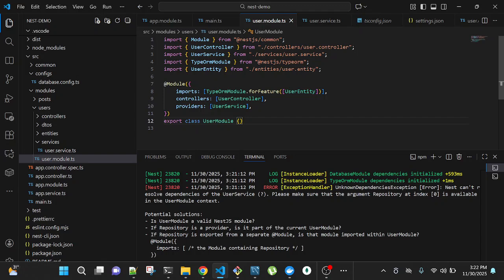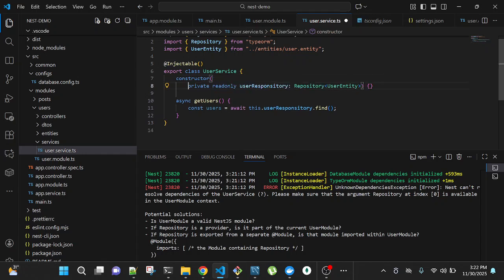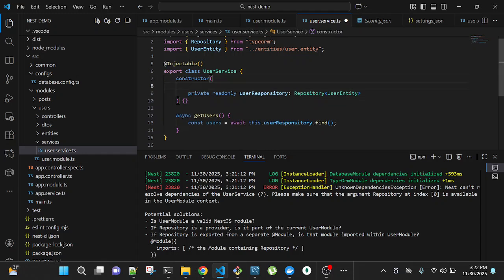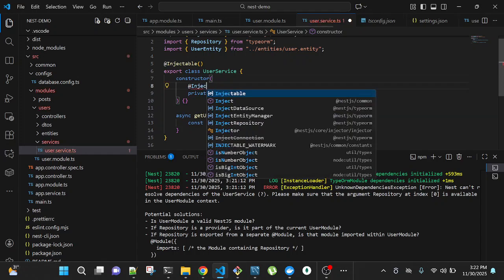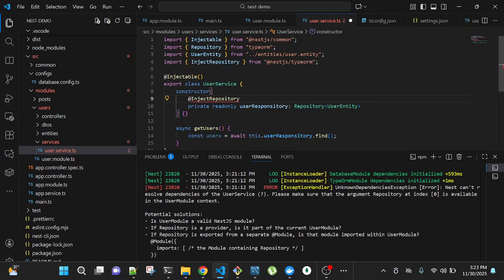All right, so when we are using this here, we need to also help NestJS properly inject the dependency, right? So I'm going to use the InjectRepository class decorator here, which is from NestJS TypeORM.